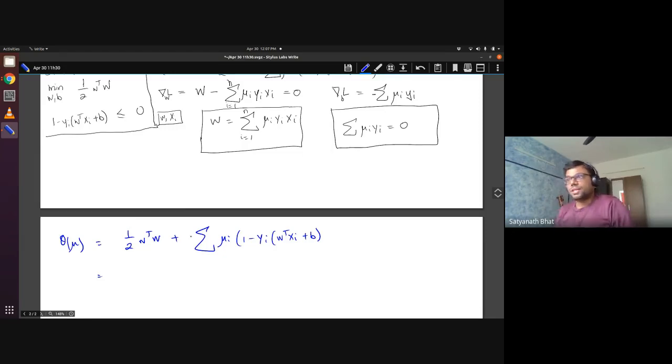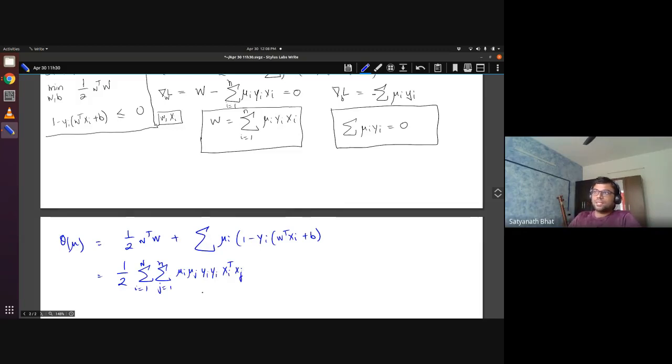So this will turn out to be, if it was just one, it was easy, right? If it was mu y x, it would have been mu1 y1, mu2 y2, x1 transpose x2, something like that you would have got. But since it's a summation of several vectors, if you just do it carefully, it will be half double summation, i going from 1 to n, this comes for the first W, and j going from 1 to n, this comes for the second W. What you will get is mu i, mu j, yi, yj, xi transpose xj.